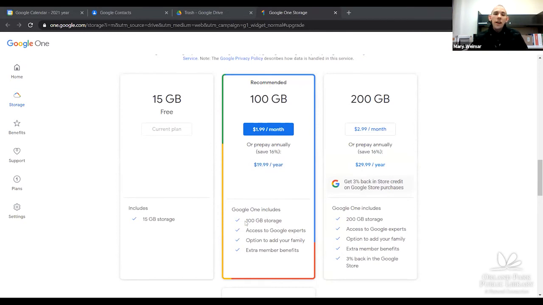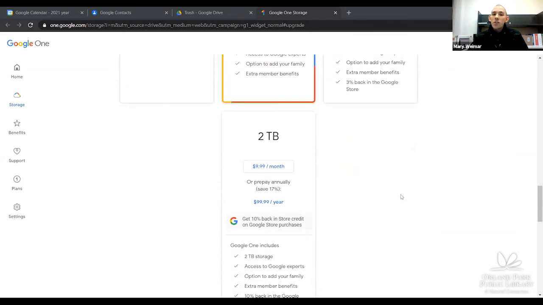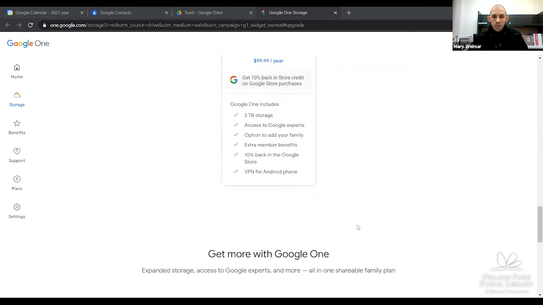For instance, you'll have the 100 gigs of storage, access to Google Experts, the option to add your family to the plan, member benefits, and so on. With the bigger packages, you get 10% back in store credit on your Google Store purchases. So for instance, if you're paying for the 2 terabyte plan and you want to buy a Pixelbook Go, you get 10% back in store credit to use towards that,